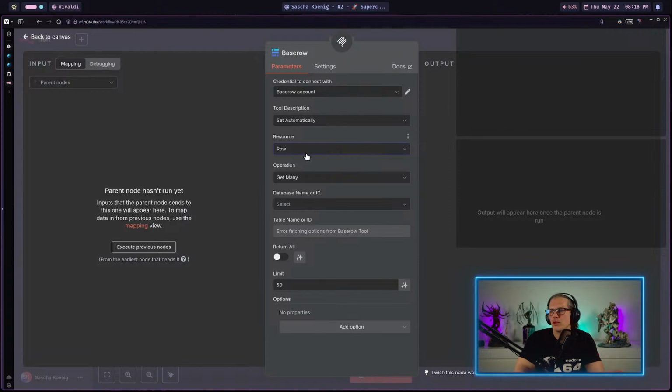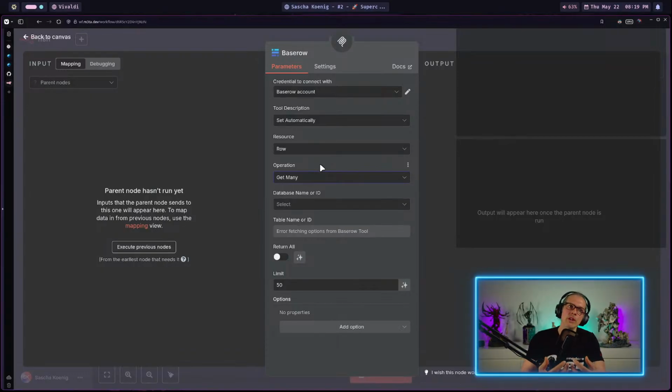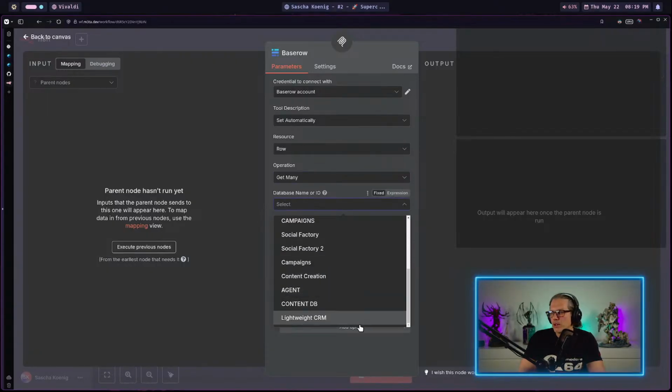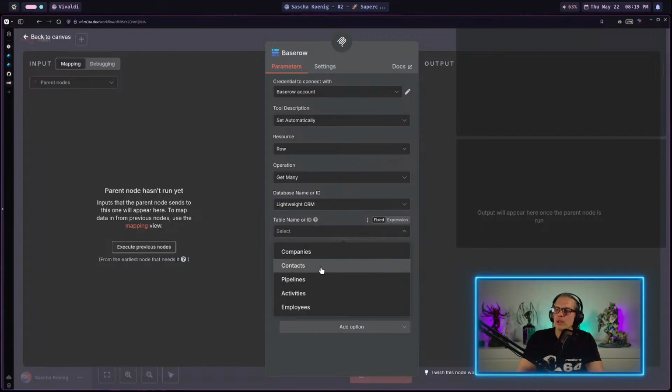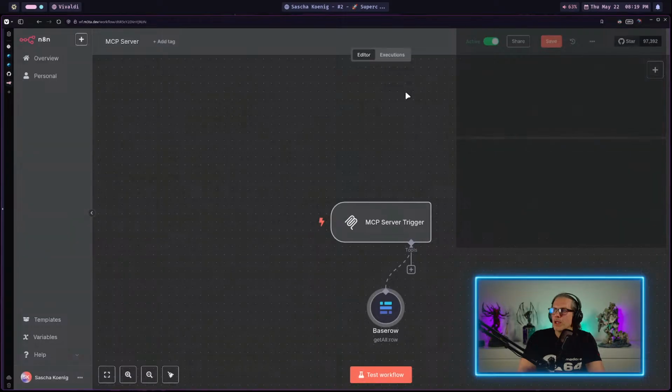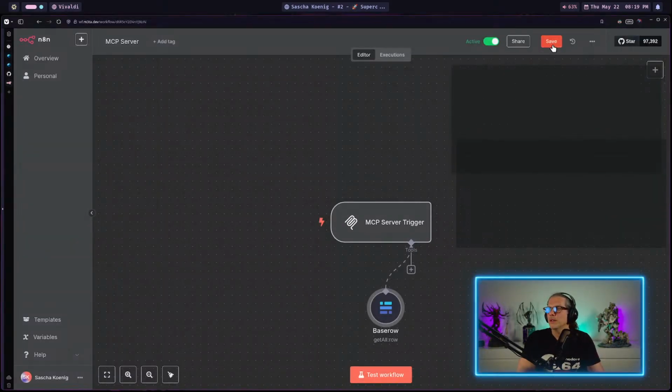In this case, I would access the rows of my database, and the operation will be get many, and that's of course equivalent to what you will see in the API documentation. Then I can select the database here, and I got a CRM demo from the last stream, and let's say we have a look at the contacts. Now I have a configured tool here, and I can just save my workflow here,